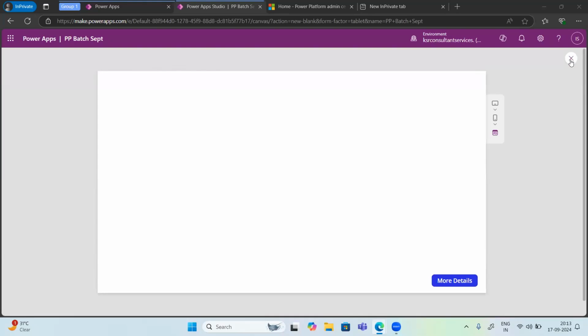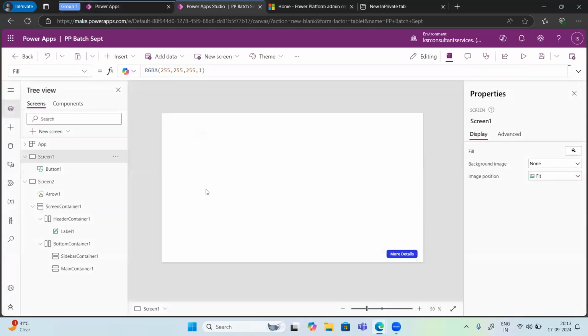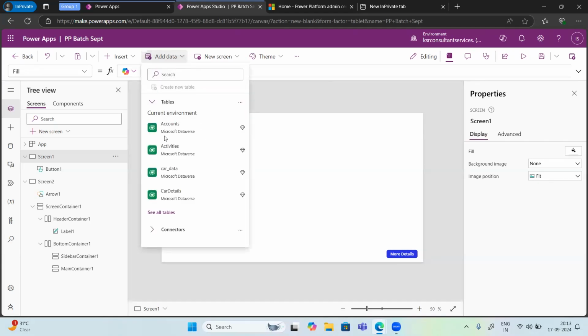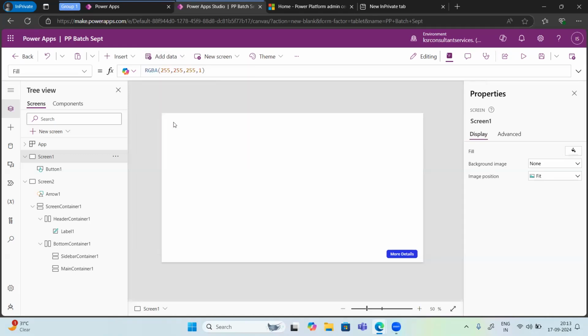Okay. So next, we have created the screens and all those things, right? But if we don't have data in the app, then it is of no use. So if you want to add data, there is an Add data button here. It will give you the current environment data. In Microsoft Dataverse, there are a few entities which are automatically available. Suppose I want to get the data from the accounts entity. So if I click on accounts,